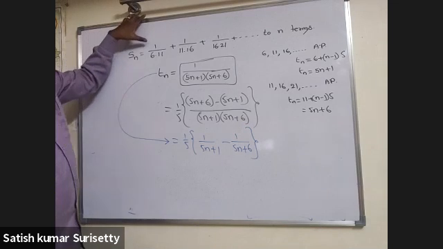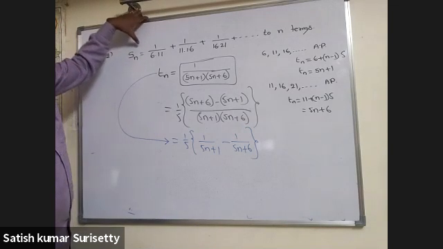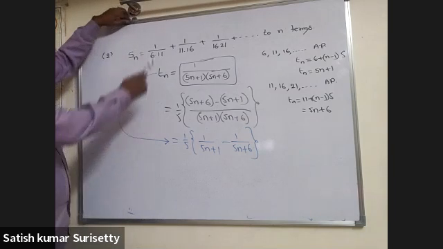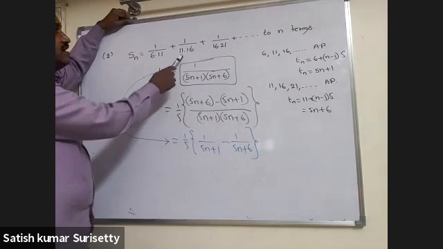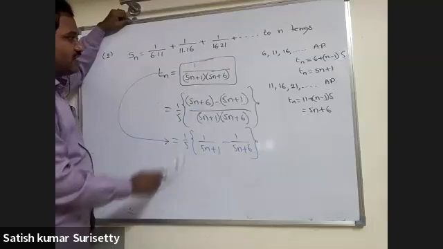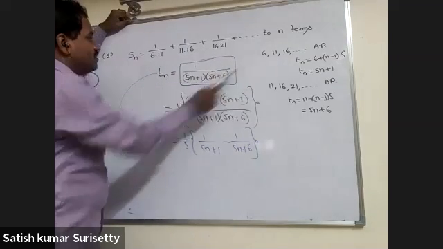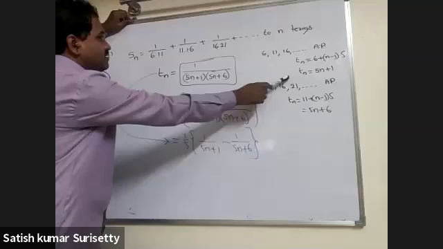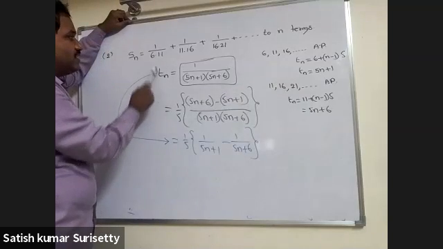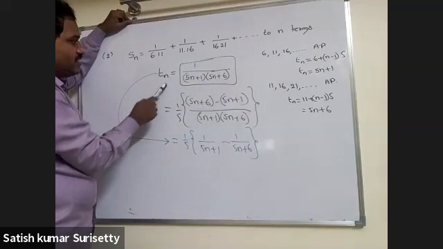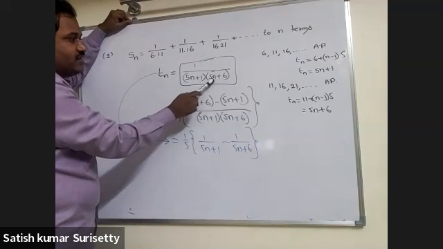So further, to find the sum of n terms when the numbers are in rational number form, that is 1 upon 6 into 11, 1 upon 11 into 16, 1 upon 16 into 21 and so on: identify the first factors, calculate the nth term. Second factors, calculate the nth term. Then write the nth term of the given series. The nth term of the given series is 1 upon 5n plus 1 into 5n plus 6.